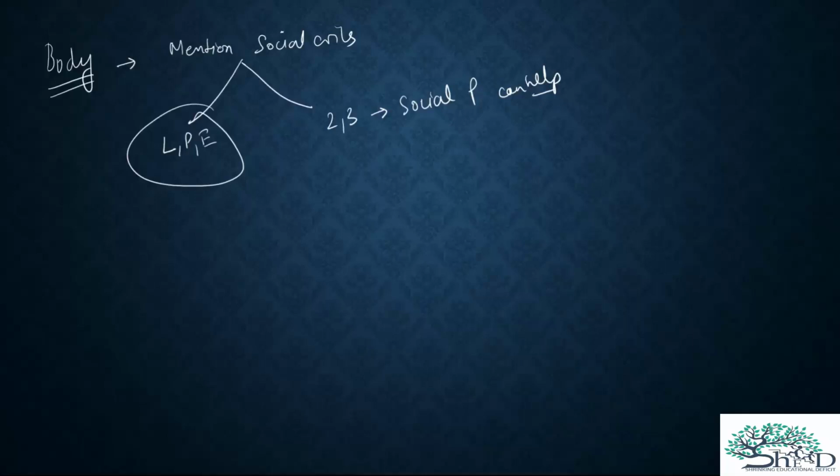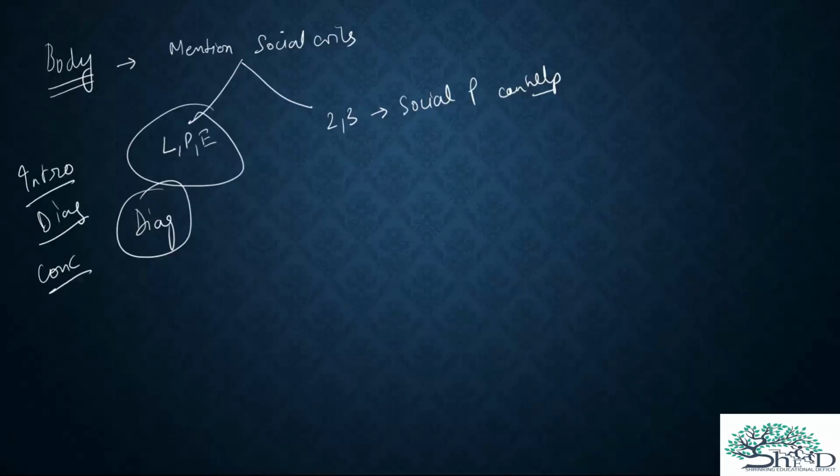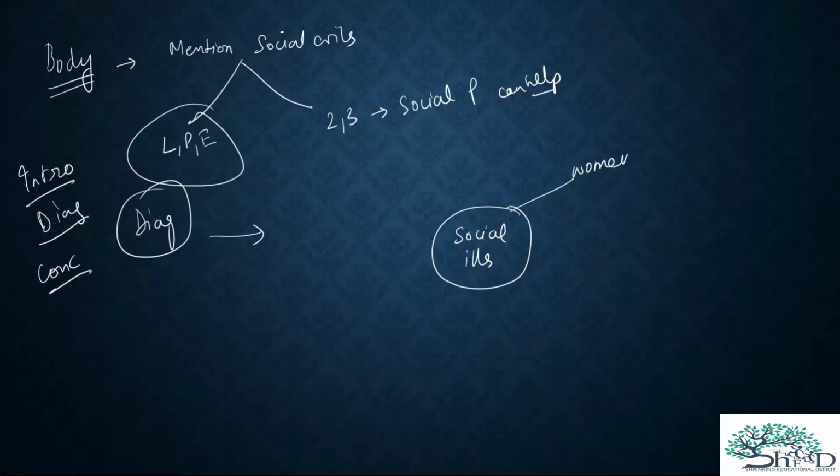Okay, so first of all we are going to begin with the first part of the body, which can be a diagram. So here in this answer we are seeing the value of introduction, we are seeing one diagram, and we will see a good conclusion also. So in the diagram you can easily start with social ills. You can write social ills like this, make a circle. Okay, start with woman. Okay, dowry